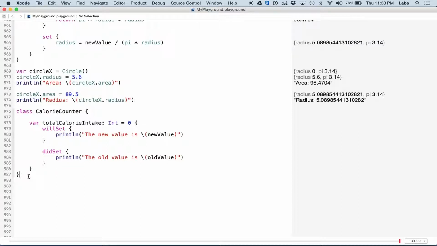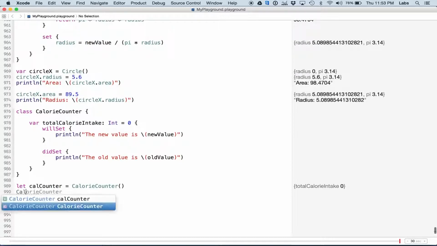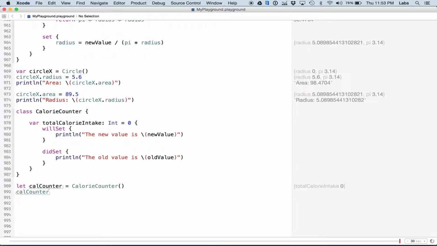So let's create an instance of the calorie counter class and see how it works. You can say let calCounter is equal to CalorieCounter, and you can see total calorie intake is 0 now. And I'll say calCounter.totalCalorieIntake equals 250, and you'll see on the right hand side total calorie intake gets updated to 250,